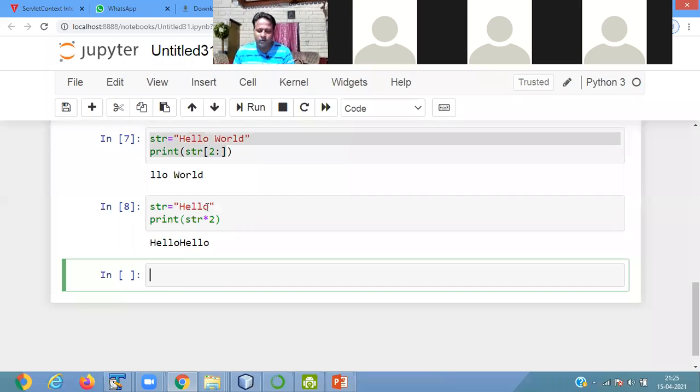Okay, string hello, then print string into 2, it is showing you hello hello 2 times.